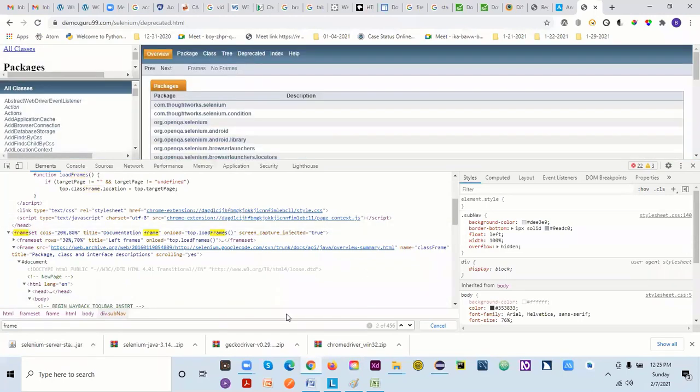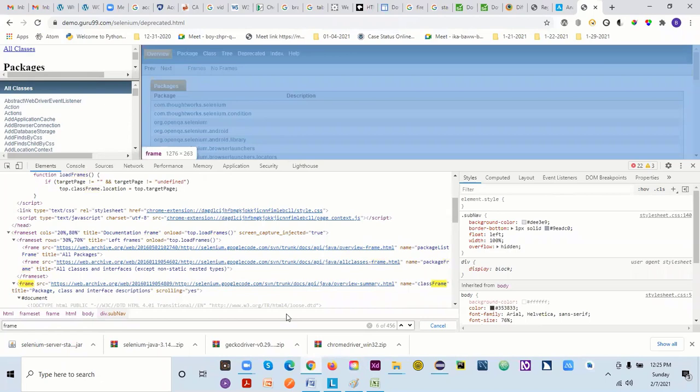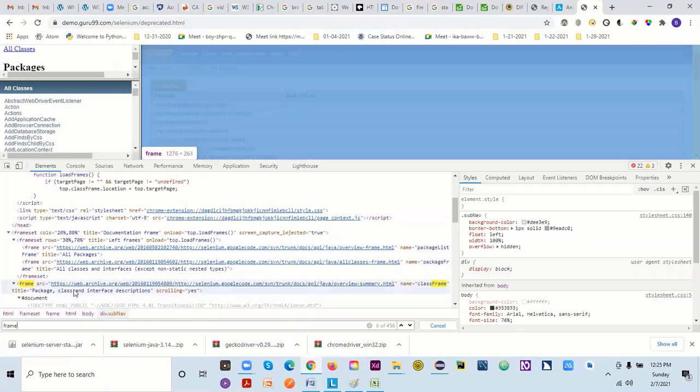So let's try some other. This one is selecting. This one is selecting. Now, if I come to this frame, this portion is selecting. So I can say this code is for this frame. So what is there actually? Here I have name as well. So I can use this name, but I need something unique to go to that frame.